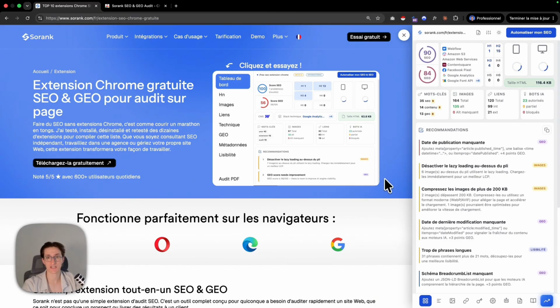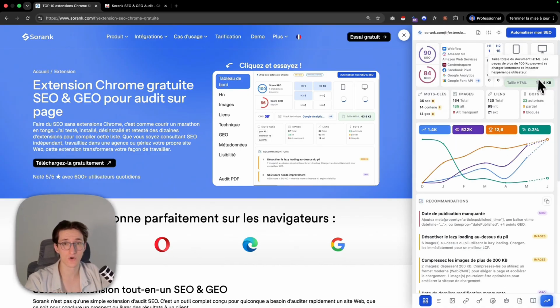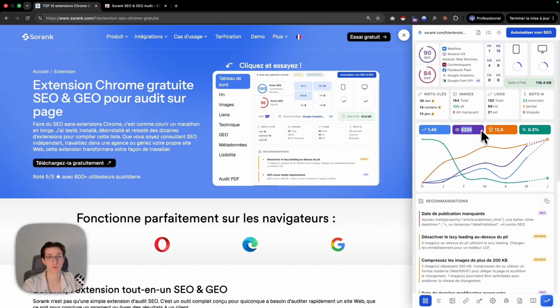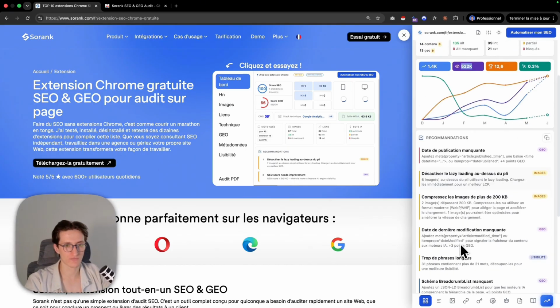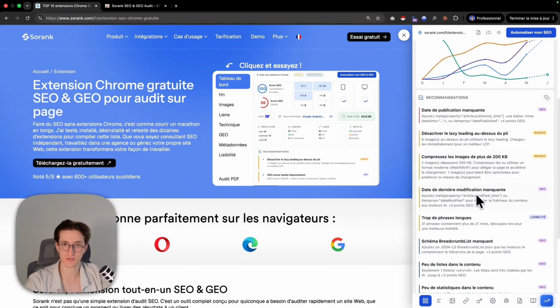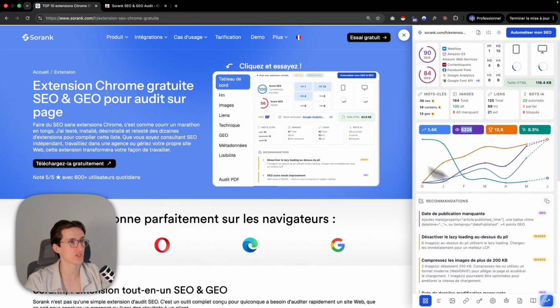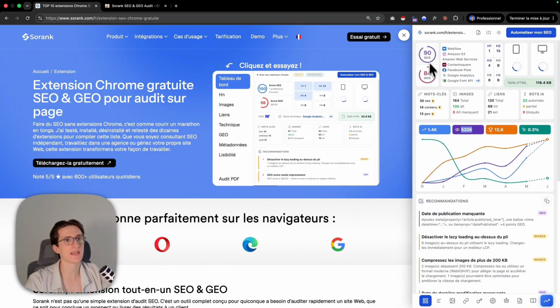And there, the magic happens. We're going to have absolutely all the information. And as you can see, here we have a graph that's appeared, which is directly the data from the Google Search Console for this specific page. Below, we're going to have all the recommendations that will need to be implemented to improve the search engine optimization of this page. And above, you're going to have the score, SEO, the GEO score, which corresponds to the ranking